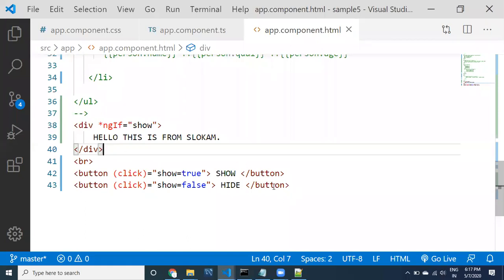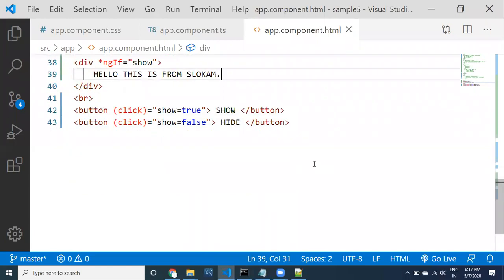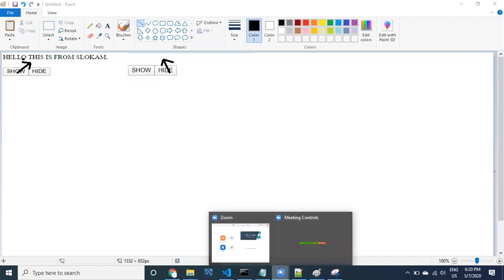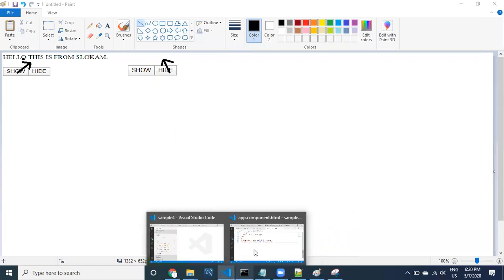So how it has worked, whatever example that we have done, let us take some diagrammatical documentation, guys. If you click on show, it has to display. If you click on hide, it has to hide. This is the output I'm looking for. The next thing is, what are the things that we have taken? If I go to the component class, let me go to the component class.